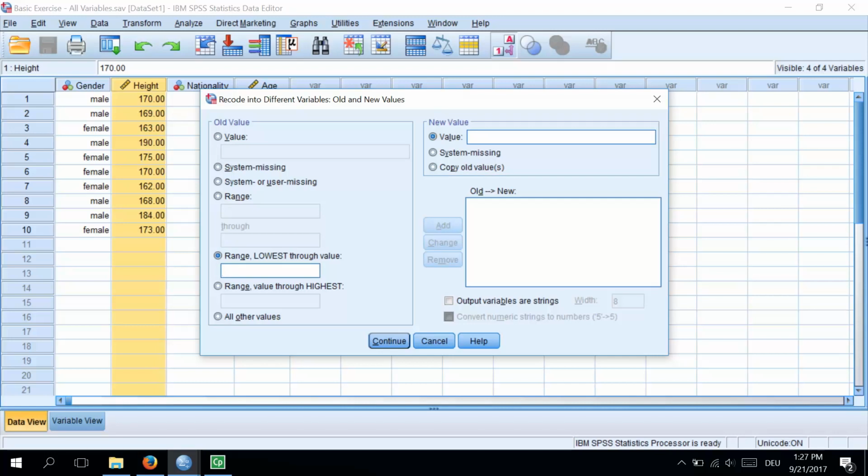categories by 10 centimeters. Notice that on the left side we have old values, with the name tag up here, and on the right side we have the new value. So to know where to start, we need to have a look at our lowest observation. The lowest number is 162 centimeters. So we will create our first category, which will include all values up to 170 centimeters. So we will type 170 here,